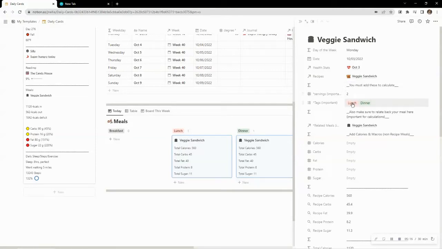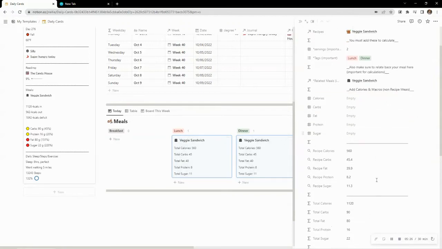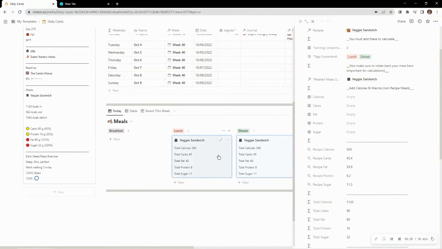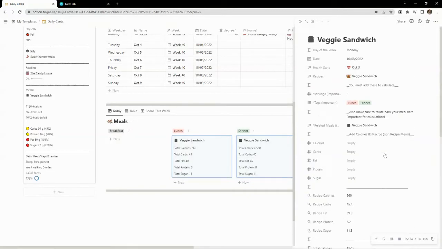So because we're saying lunch and dinner, and you can see them both here, I need it to break up the calories. Since it's 2 servings, it would have showed on both of these. On both of these, it would have said 1,120 calories, 90 carbs, and all that. So